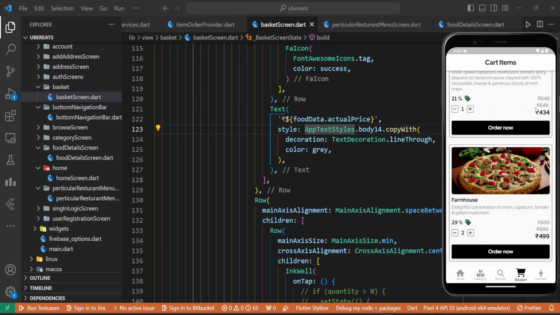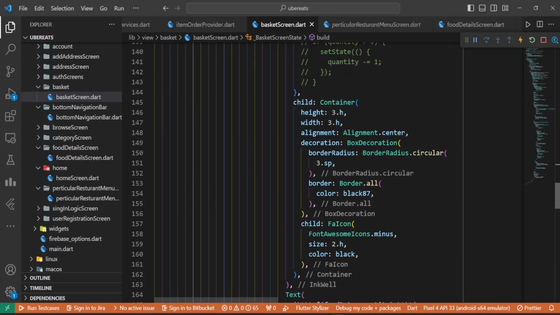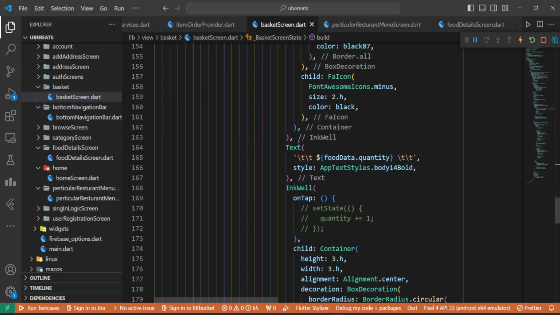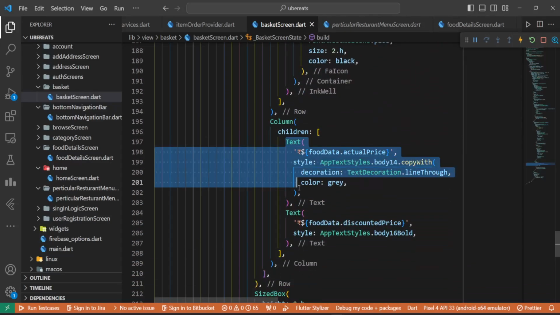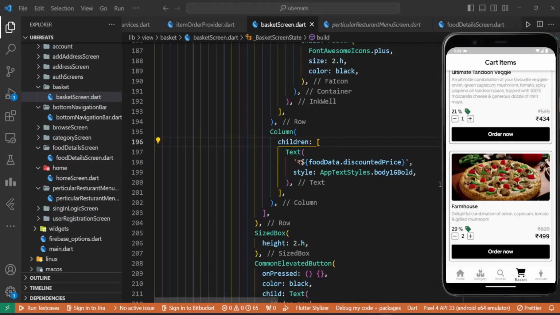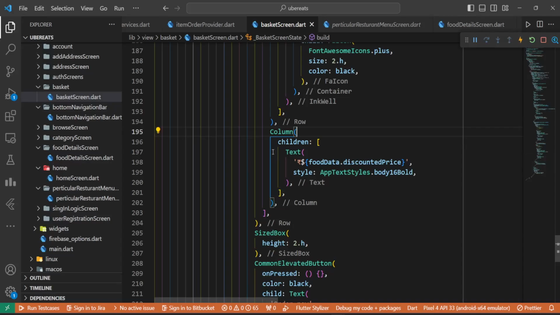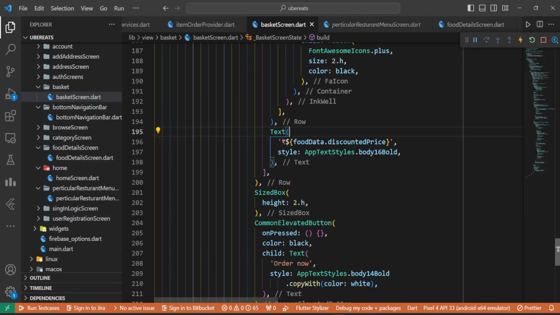It shows us the discounted price and the actual price. So what we're going to do is that from here we will remove the discounted price. Okay, from here let's remove the actual price, and it says the actual price, and here we do have to, okay, it's good. Let's remove this column, and